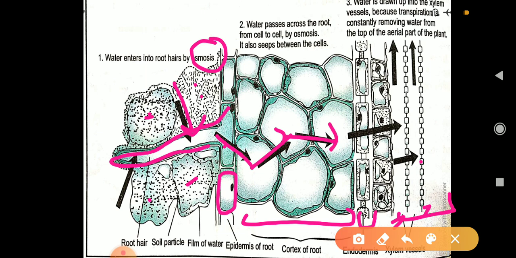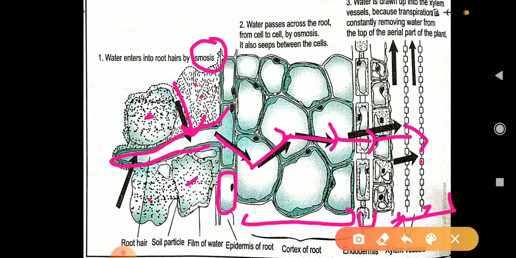Here also osmosis takes place, and it also seeps between the cells. Now water is drawn up into the xylem vessels because transpiration continuously takes place, and during this